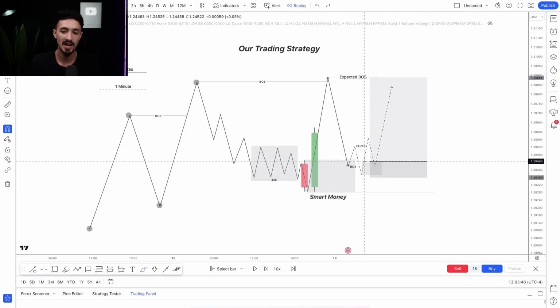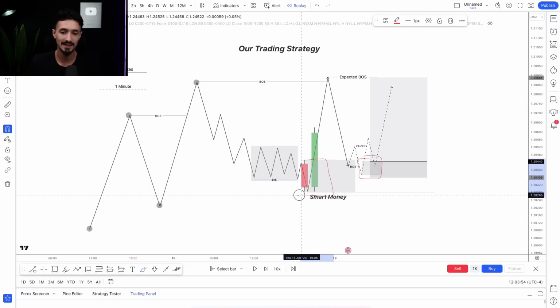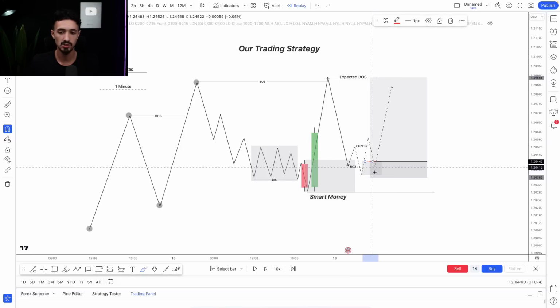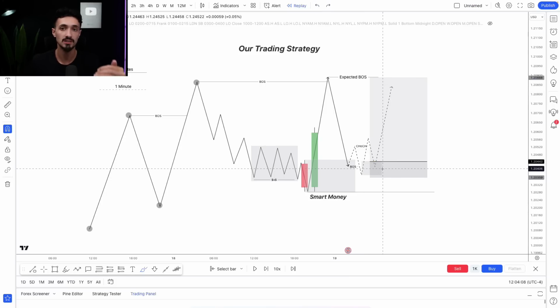Once you get that change of character on the 1 minute time frame, you're identifying this exact same smart money level on the 1 minute time frame because it exists all around. And then we're going to be looking at buying from this level, stop loss under the low, and targeting the high. The reason that we drop down to the 1 minute time frame is to increase our risk to reward ratio, because the stop loss is going to be much, much lower, and therefore the take profit much, much higher,